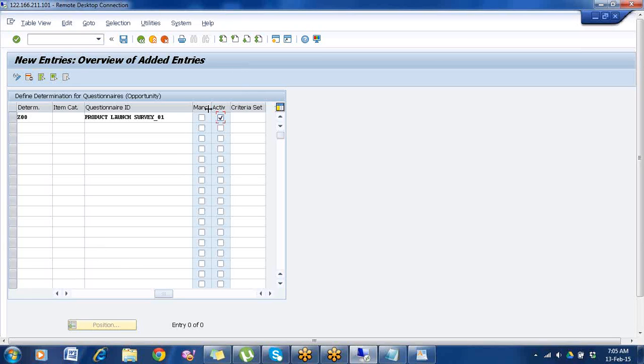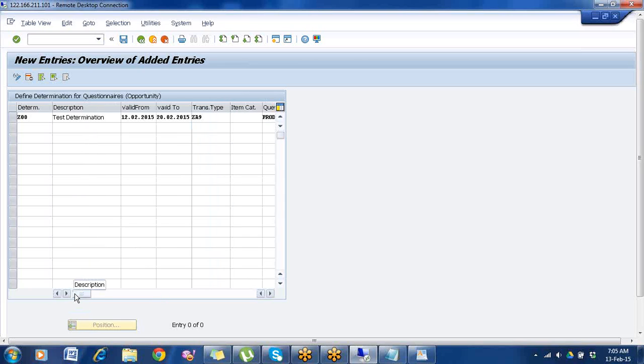One, maybe we have not checked the active button, maybe the survey is not active. Second, wrong validity. Maybe the validity period is expired. These are the two reasons. If the validity is expired, the survey will not reflect in the front end. Okay, save it now.